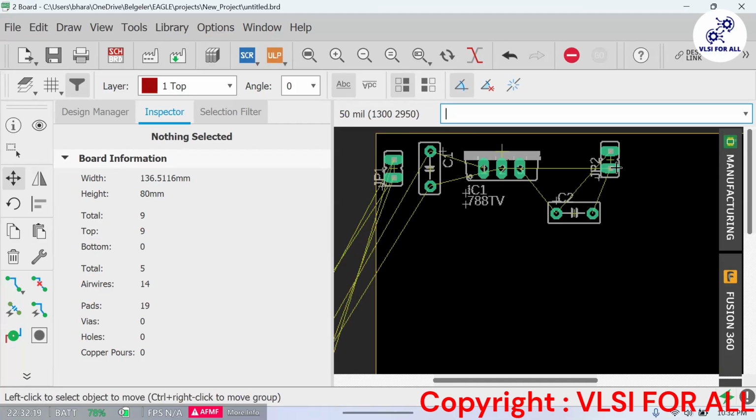So this space is required at minimum. Then I will come to this end and gather them so that I get ample space to connect. And then I will put this block around here so that I can make the connection properly.